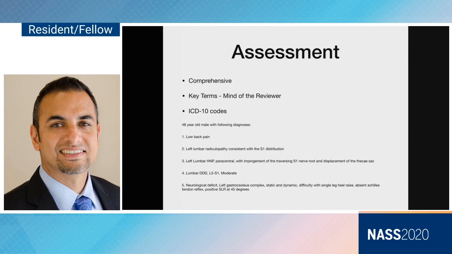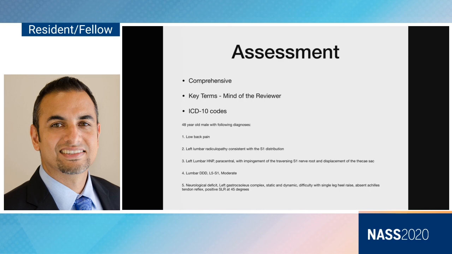This is an example. So if I had just documented there was a 48-year-old patient with back pain and leg pain, that's not very comprehensive, and that's likely going to be glossed over. On the other hand, if I indicated that they had low back pain, left leg pain in the nerve distribution specifically, and then I talked about how they had a disc herniation, its location, and the fact that it's impinging upon the traversing nerve root as well as displacing the thecal sac, and they have some degeneration at that level,